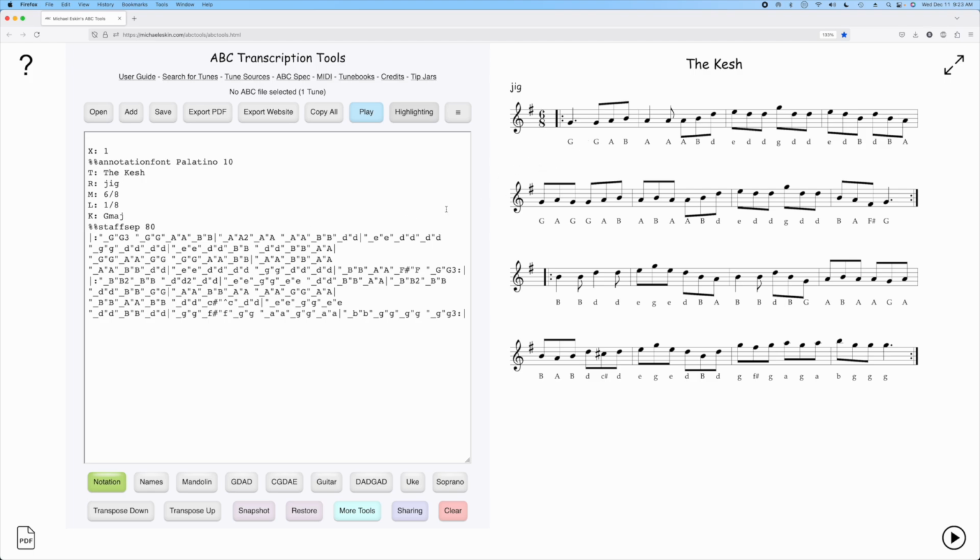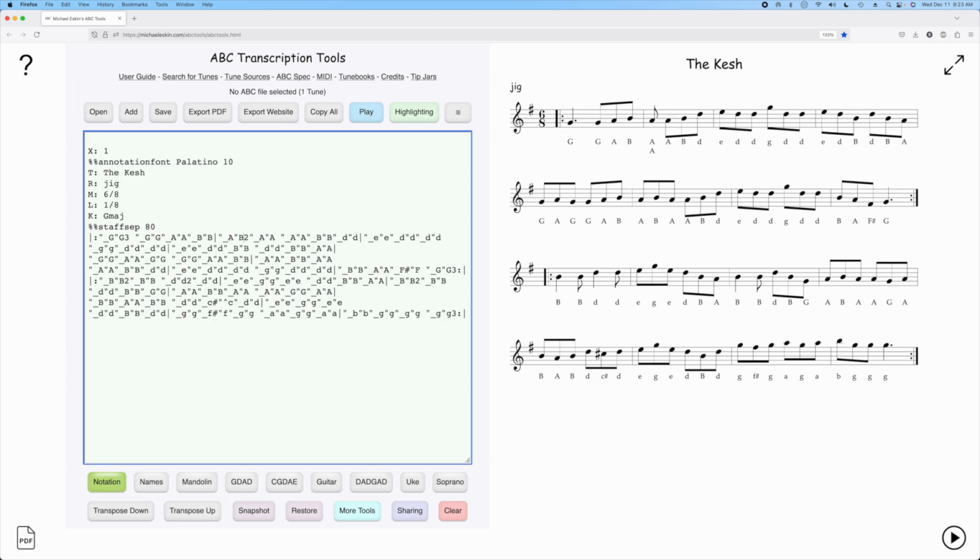But there's actually a feature in the tool called highlighting that makes it a little bit easier. If you don't want to have to clear out all of the text, you just want to make a simple change, you can click on highlighting, and then you can click on any note here. So for example, this A, and you can see everything associated with drawing that A gets lit up in red, and the ABC associated with that also gets lit up. So for example, if I wanted to change that to a B, I would just change this to a B. This will change the ABC, but then I can also change the annotation,